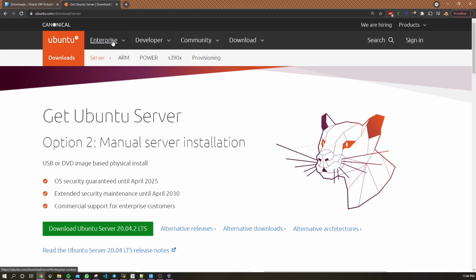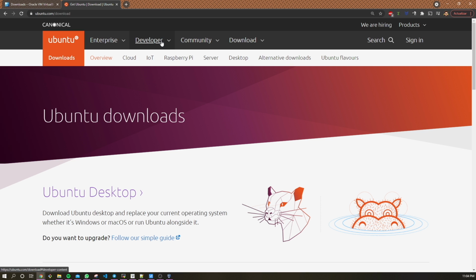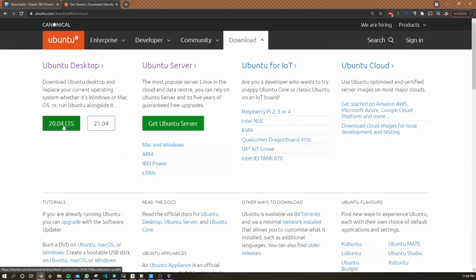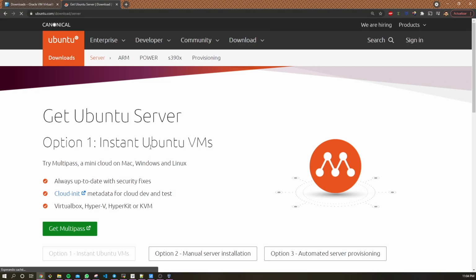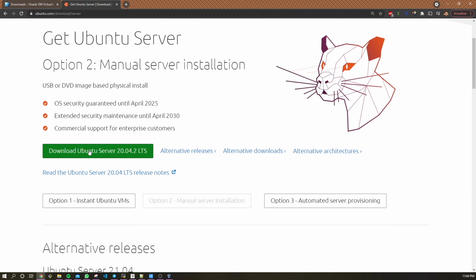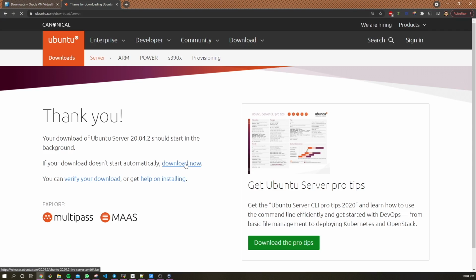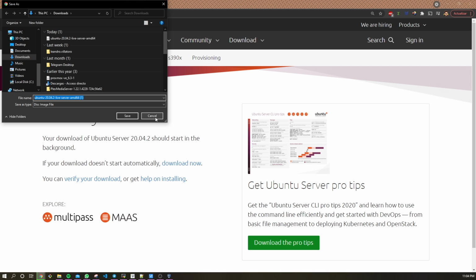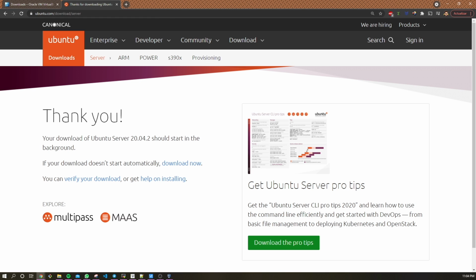For example, in case you want to install your own operating system as a desktop, I will always recommend the LTS version, not the other one. But in this case, we are going to install the Ubuntu server. So we're going to manual and then click download, and it will start downloading it. I already have that too, so we will open